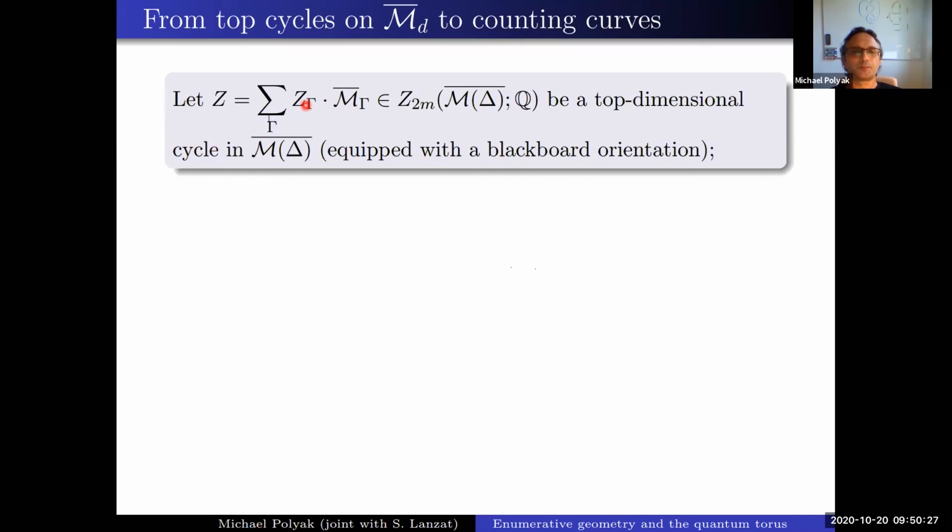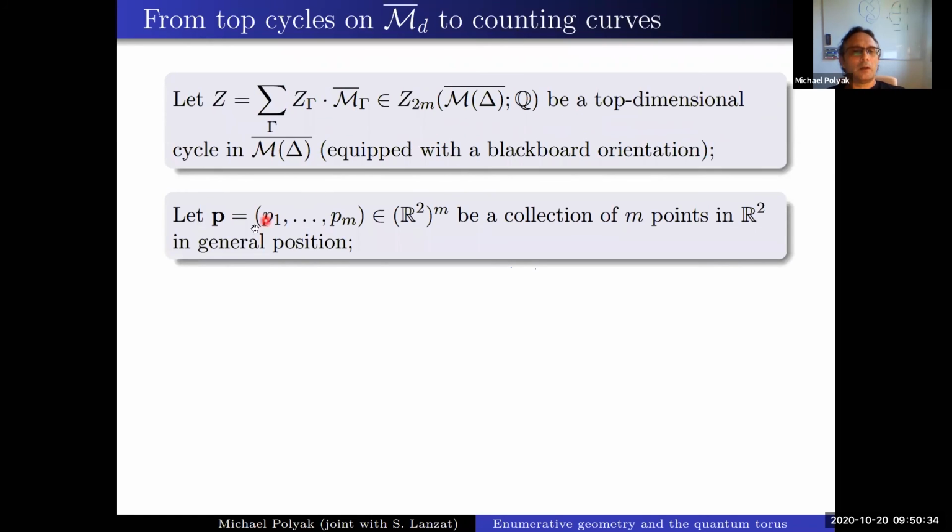Okay? It's a cycle of dimension 2n. And suppose that I have a collection of m points now in R2 in general position. I would like to count now the number of these pseudotropical curves of a fixed combinatorial type